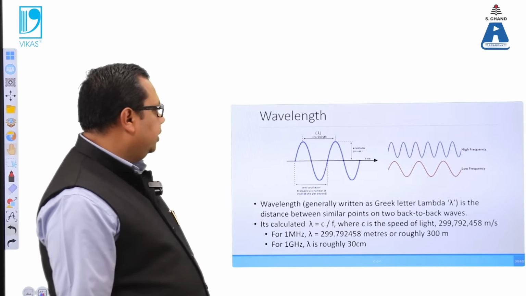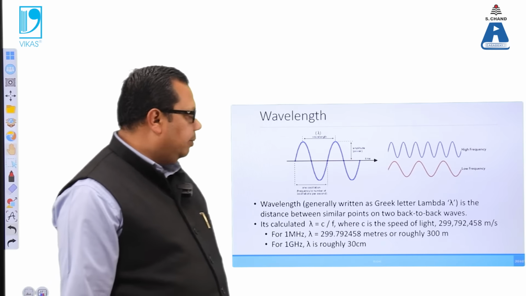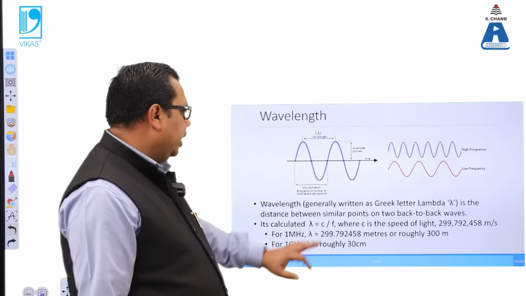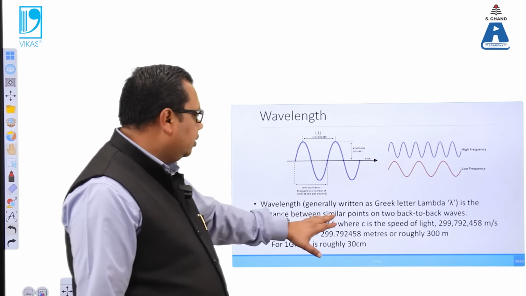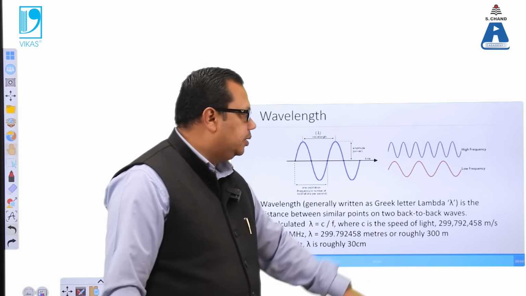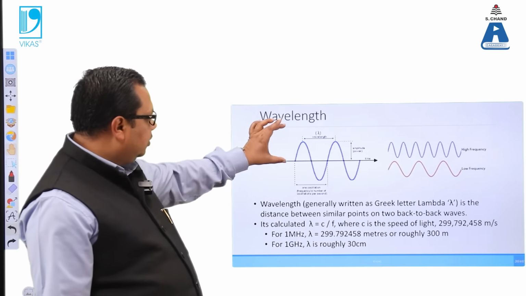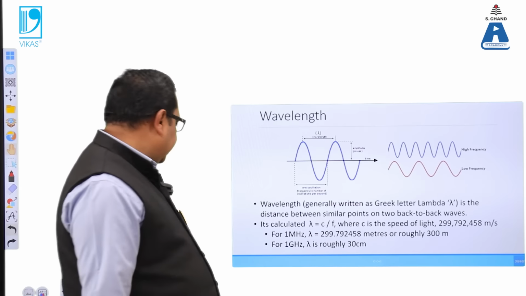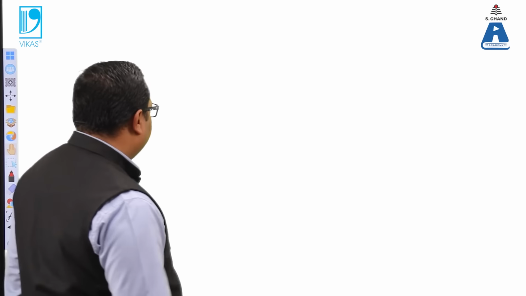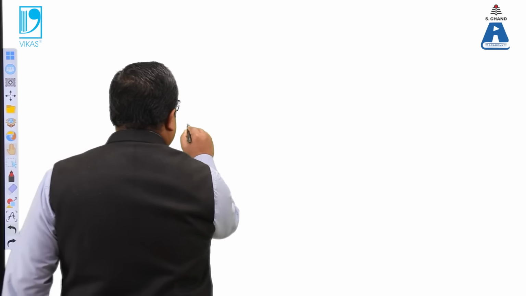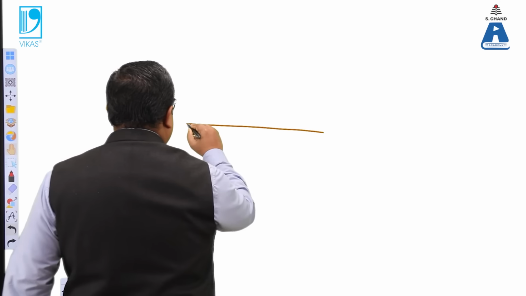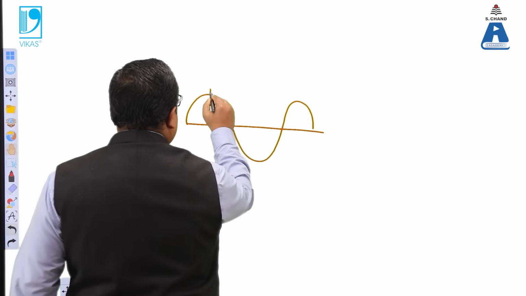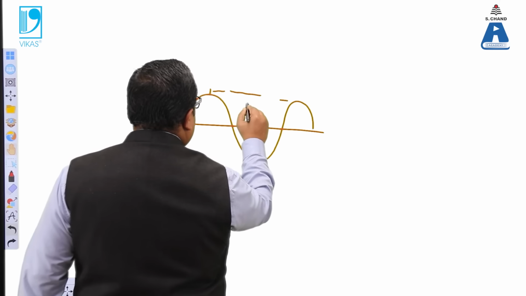Then we have wavelength. Wavelength is denoted by lambda, and it is the distance between similar points of back-to-back waves. You can see similar points here on back-to-back waves. Let us understand here that this is the wave, and this distance is the wavelength